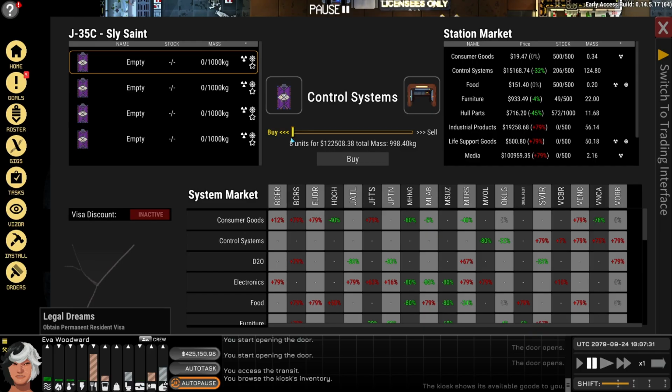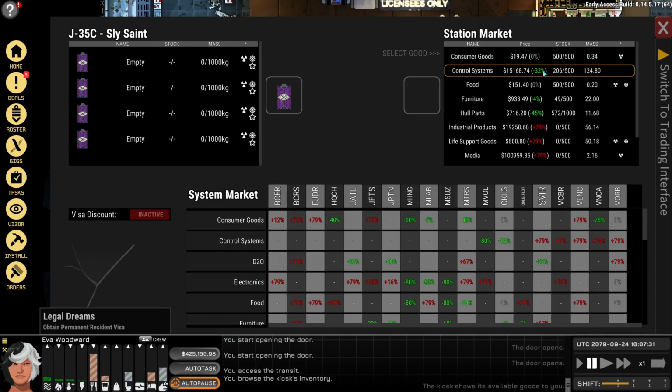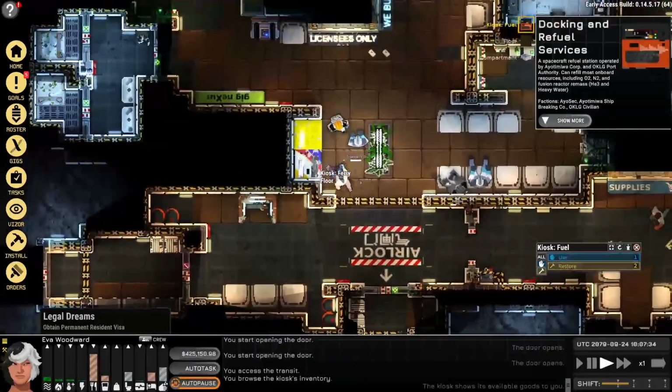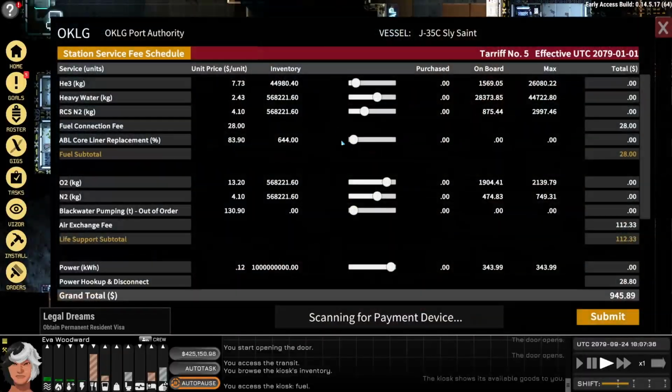$150K per, really? Wow. No, it's 15,000. I'm sorry. 15,168. So I can buy 8. That'll fit in there. Actually, probably fill it up if I'm careful about it. Okay. That's probably what we're gonna do. Buy control systems cheap. I'm gonna sell them at V Orb for a lot. Also need to refill. Man, that was disastrous. I mean, we'll be okay here, but